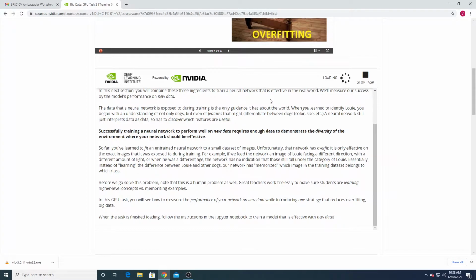So for computation, we are using NVIDIA GPUs, and for the dataset, we are using big data. I will provide the link from where we can extract this dataset. And third, we are using a CNN architecture. The only thing different compared to the previous lab is the amount of data available. If there is a very small amount of data, there is a possibility that our model may overfit.